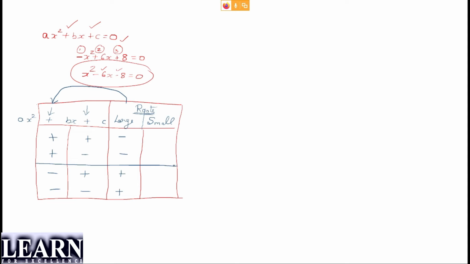So if I'm talking about depending on the first sign, guys, clearly understand: if the first sign is positive, the smaller root's sign is the reverse of the second sign. So if this is positive, this will be negative. If this is negative, this will be positive. And if the first sign is negative, then I can directly say this is the same as the second sign. Is it clear, guys? Any doubts in this?